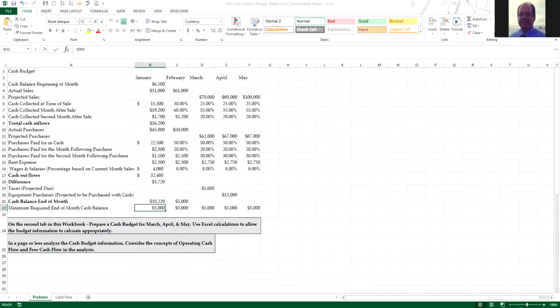Well, that end of the month cash balance in January becomes the beginning balance in February. So very easily equal, come down here, populate that, and there you have it. Now we begin the process again. In February, we had $61,000 in sales, in actual sales. We collected 30% of those sales in cash. So we need to multiply 30% times 61,000. So 61,000 times 30%,